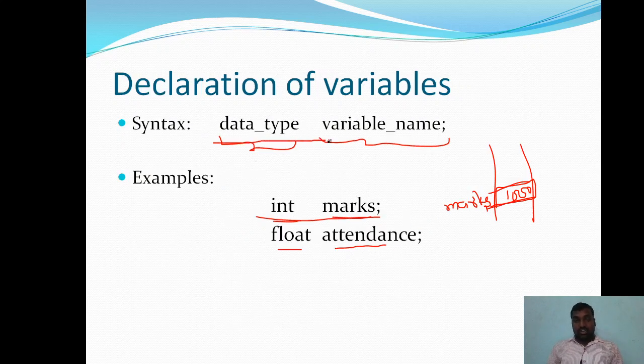So this is the syntax to declare a variable. While declaring the variable, you can directly write the value here. For example, int marks equals 80 means 80 is the value going to be stored here. So 80 is the value stored in memory, and the address where this 80 is stored is identified with the help of this simple name, marks. Marks is a variable of integer type, so it can store only integer constants.